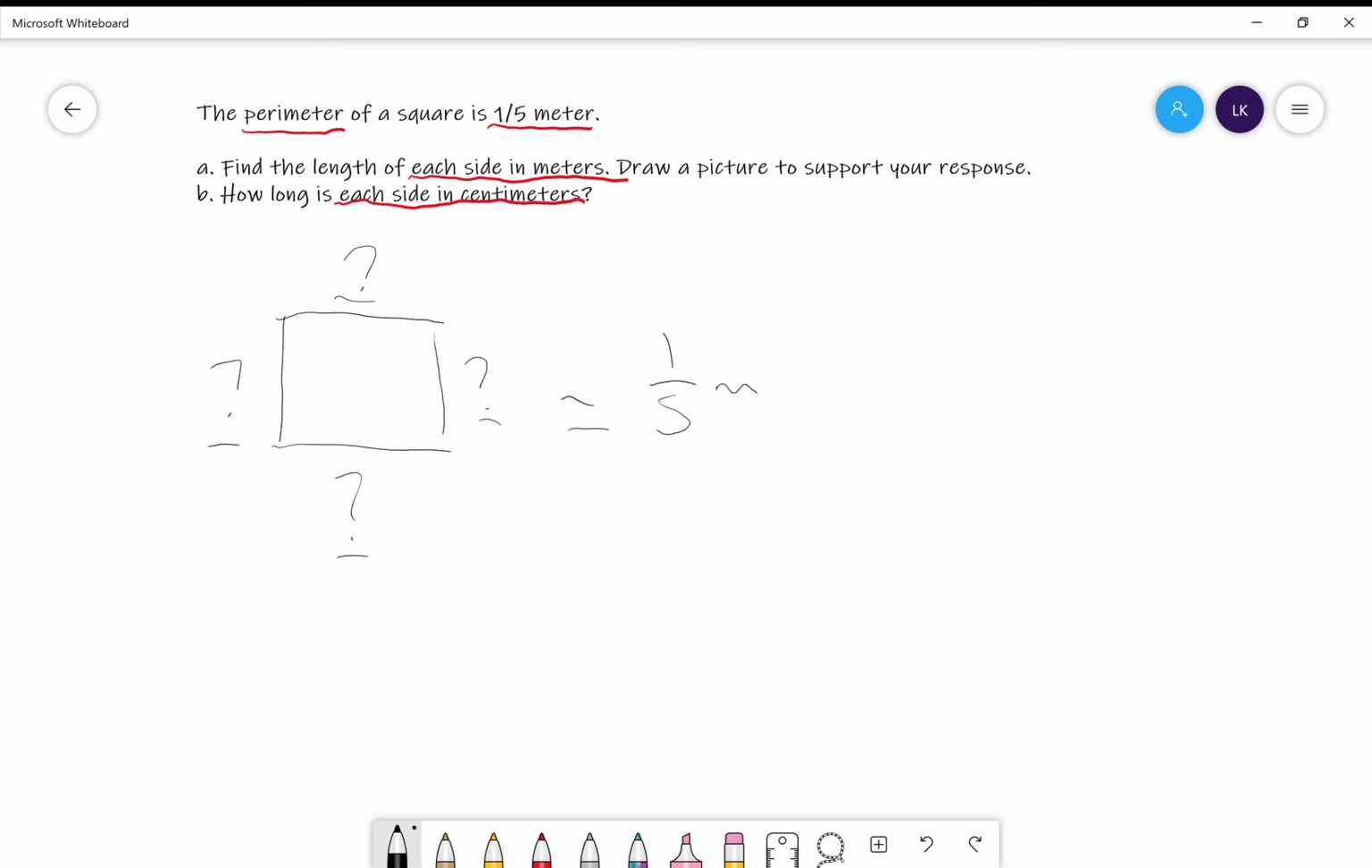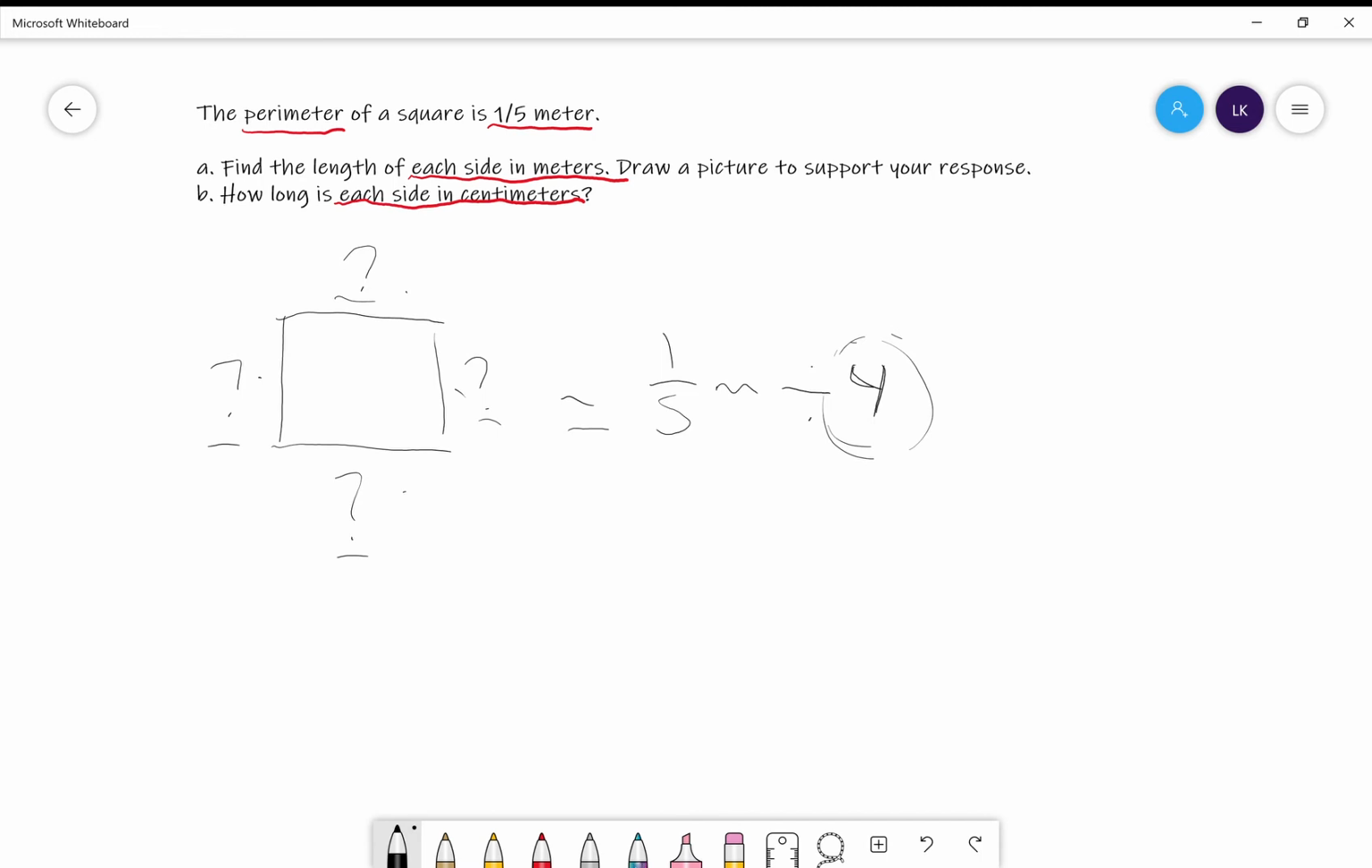So in order to find one of those sides, since we're dealing with a square, every side is equal, I need to take my 1/5 meter and divide it by 4. 4 sides. 1, 2, 3, 4. 4 sides. So, there are different ways we can solve this. I'm going to use my tried and true favorite method